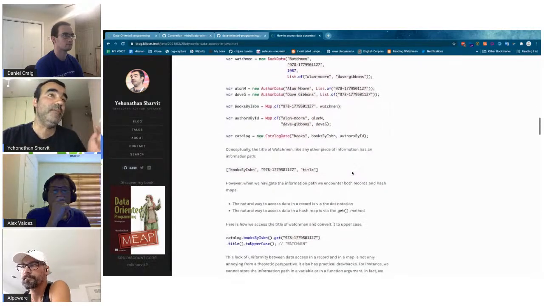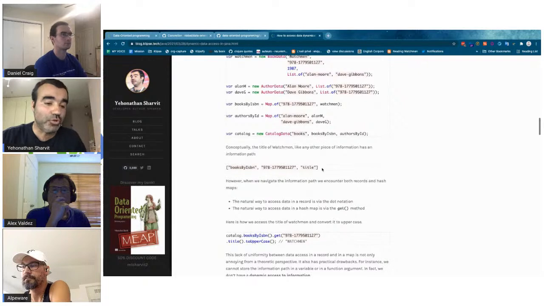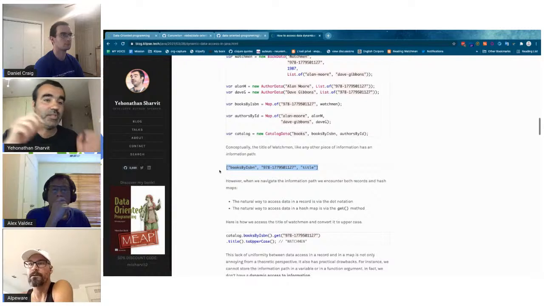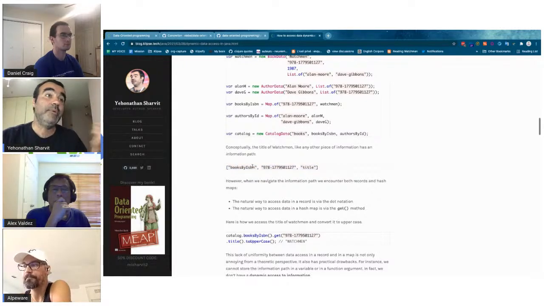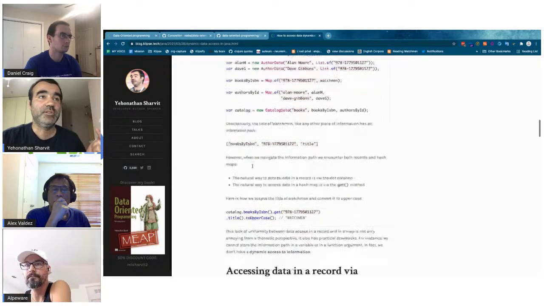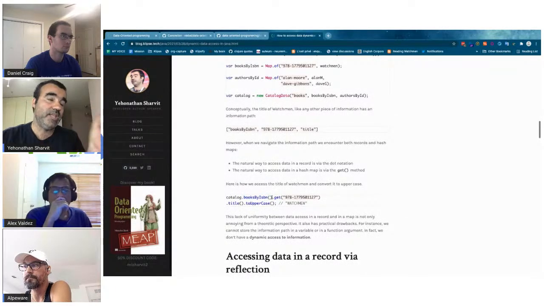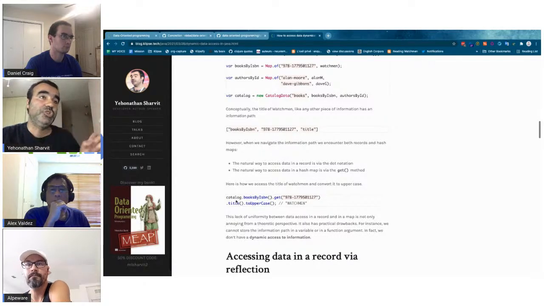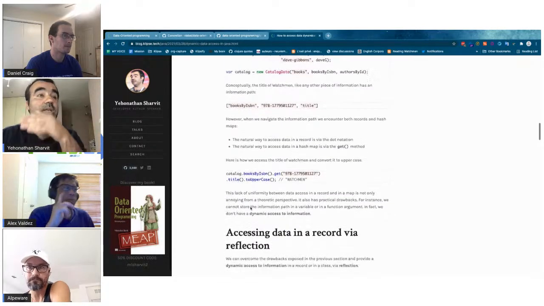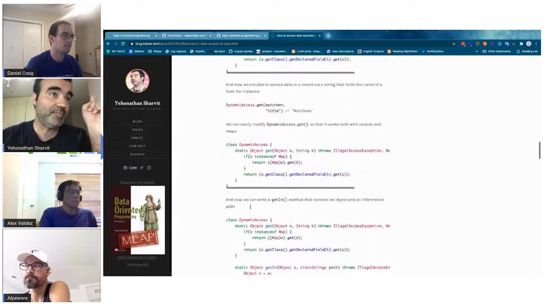But there is a way to define, and in Clojure you would use getIn and pass the path that you want to access, right? Yep. So what's interesting, there is a way to do that in Java. So that's the regular way in Java to traverse the path. And you have to go through all those methods. And here is the limitation. You cannot traverse the graph just by knowing the names of the fields down the path. But actually, there is a way to do that. Let me show you.